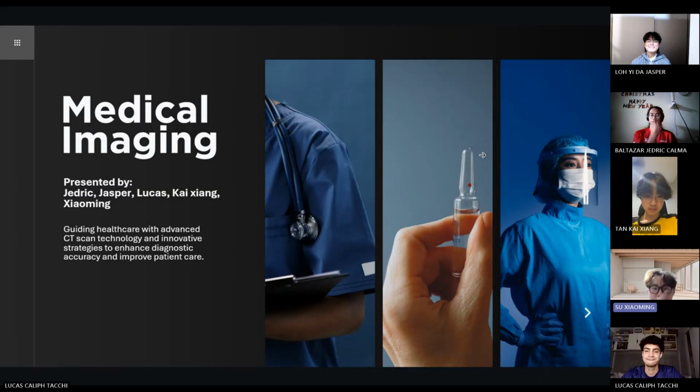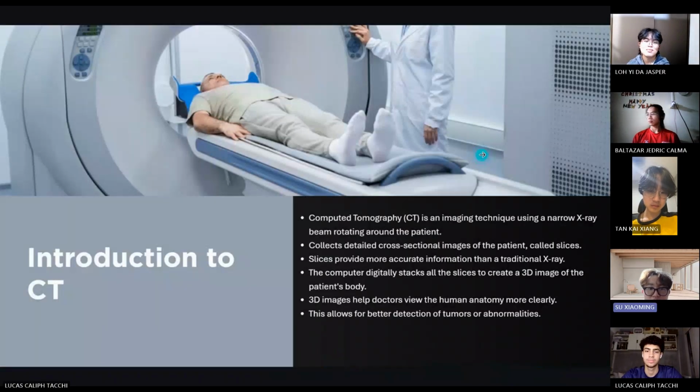This is our medical imaging presentation. To start off with our introduction, today I'll be presenting on computed tomography, or CT imaging, one of the most commonly used diagnostic imaging techniques in medicine. CT uses a rotating X-ray beam to produce multiple thin cross-sectional images, known as slices. Unlike conventional X-rays, CT provides detailed anatomical information. By stacking these slices, the system reconstructs three-dimensional images, allowing accurate detection of conditions such as fractures, tumors, internal